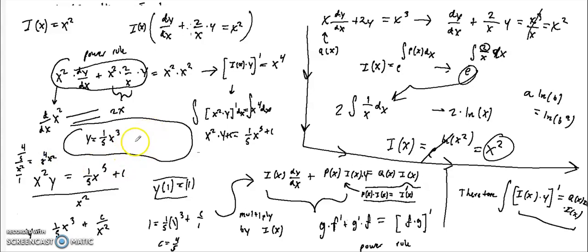Yeah. Okay. Had to double check my algebra right there. And that's our final answer for this initial condition. Our general solution is that. Hopefully that all made sense. We're going to do some more examples